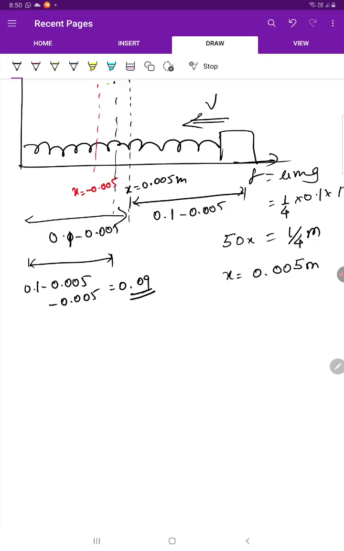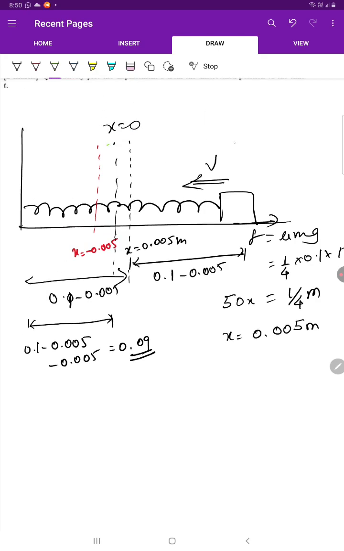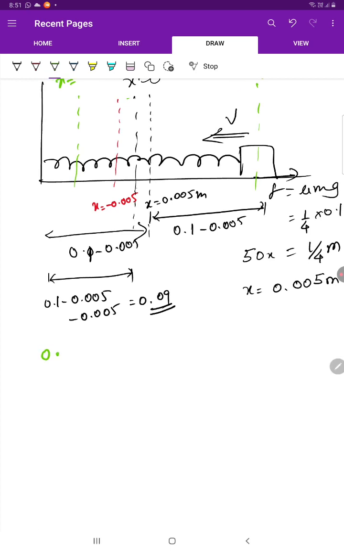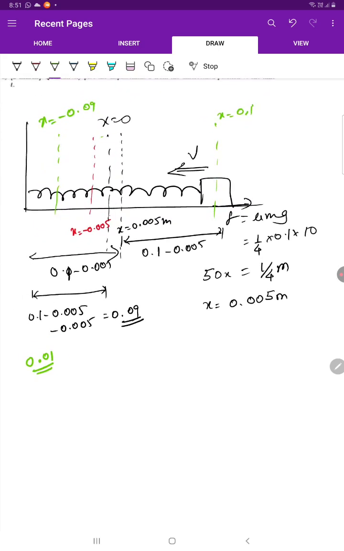So this is a very nice observation: first the block is at x equal to 0.1, then it will go to x equal to minus 0.09. Again, it will go to x equal to plus 0.08, because in each successive crossing of x equal to 0, or change in direction, the decrease in amplitude will be by a value of 0.01. So then again it will go to x equal to plus 0.08,